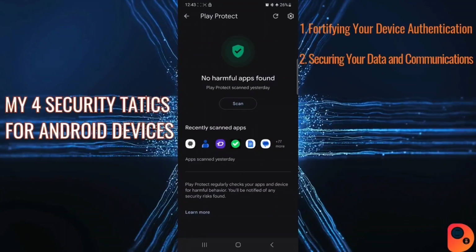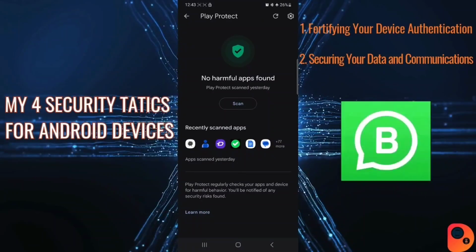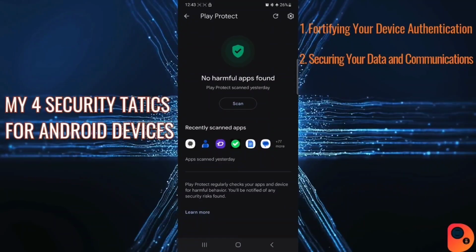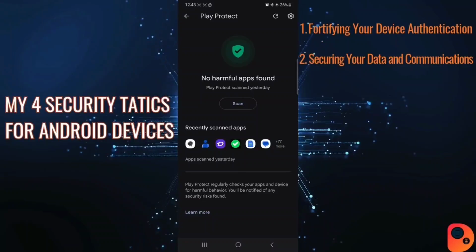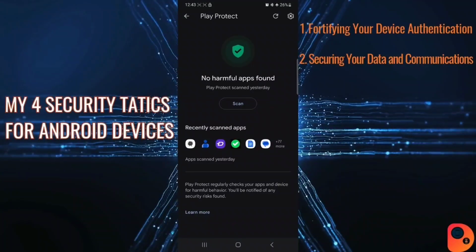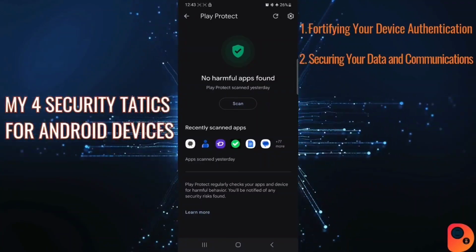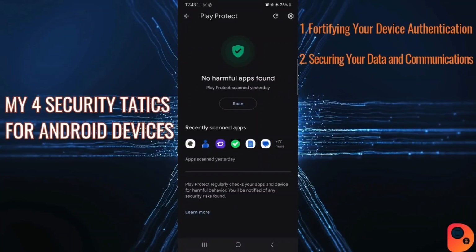So then for messaging, you should use end-to-end encrypted messaging apps like Signal or WhatsApp for secure communication. When using public Wi-Fi networks, always connect through a reputable VPN, virtual private network, to encrypt your internet connection. You should also consider backing up your data to cloud service or local storage and enable Google's Find My Device,